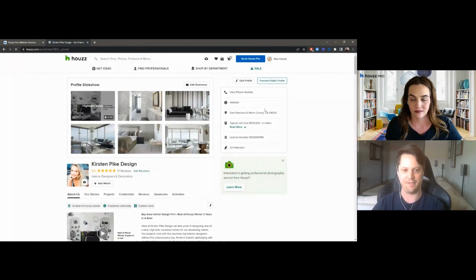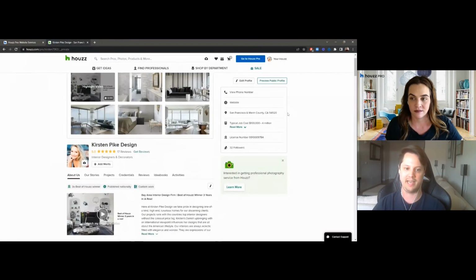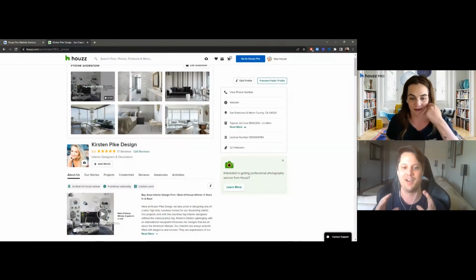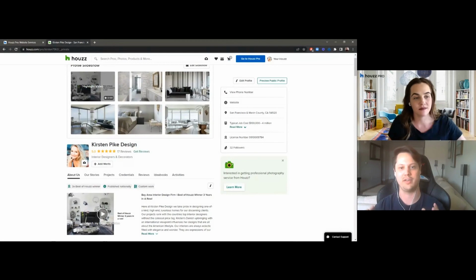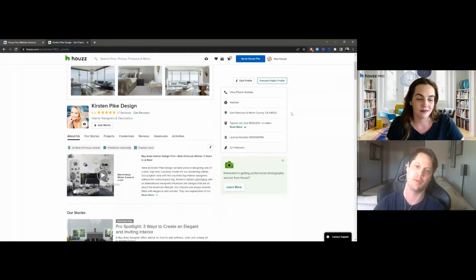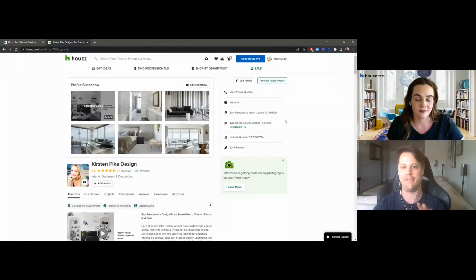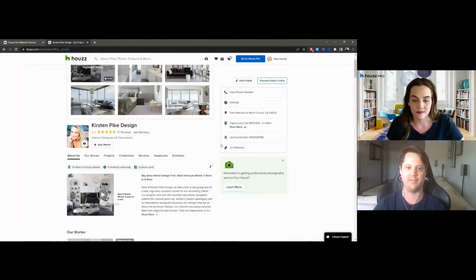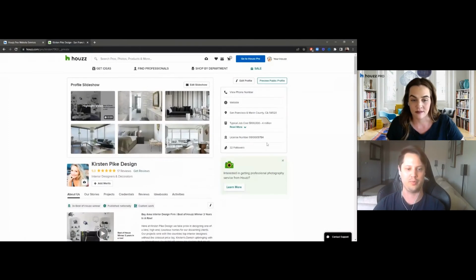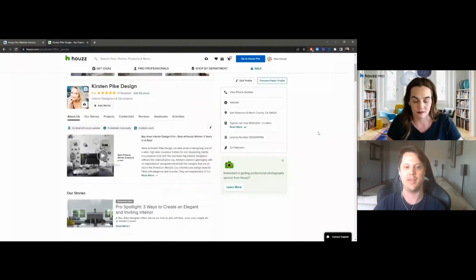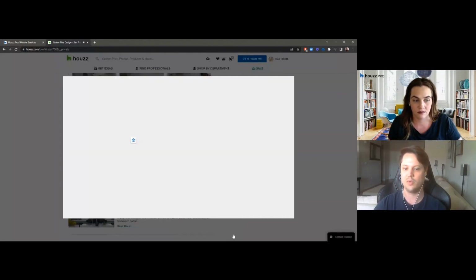So by default, a lot of you guys will probably already have a highlight video created for you. Our computer may have already created one automatically and picked and chose some of the photos from your profile, but you guys always have full control over what's on that highlight video. So anytime you are on your profile, and again, how you get to your profile is clicking the Your Houzz at the top right, anytime you click on that right here, you'll be able to click into the highlight video. We can click edit,